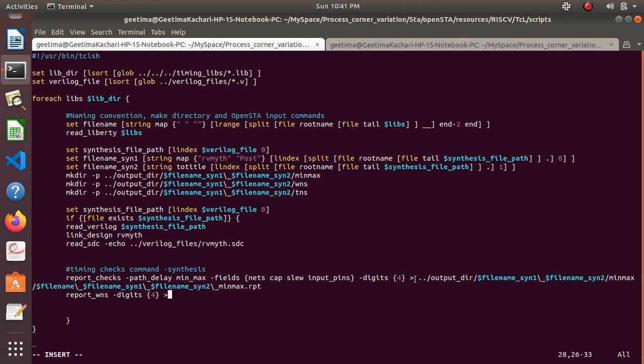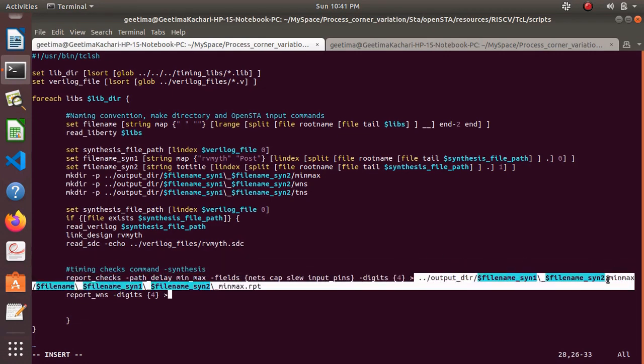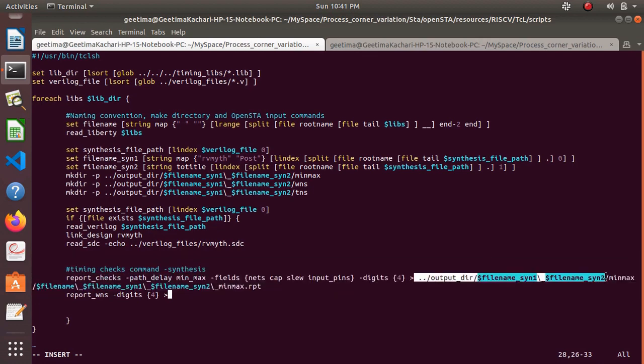So let's copy the entire thing till file name till here, till min max, till the sin, till here for directory. Here we got sin, then we'll go to WNS folder,